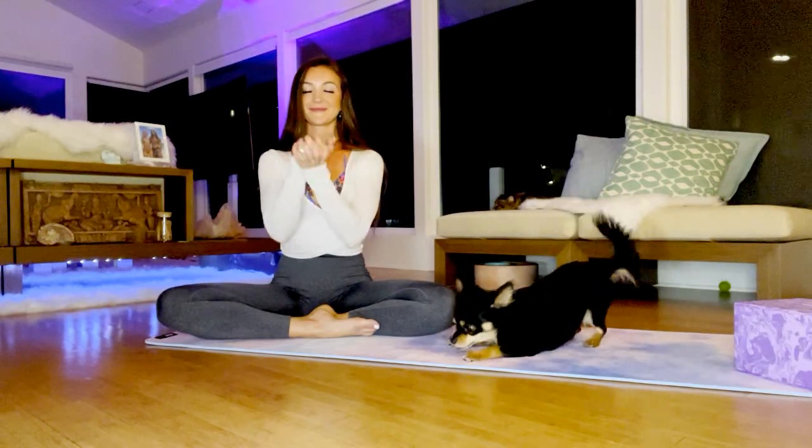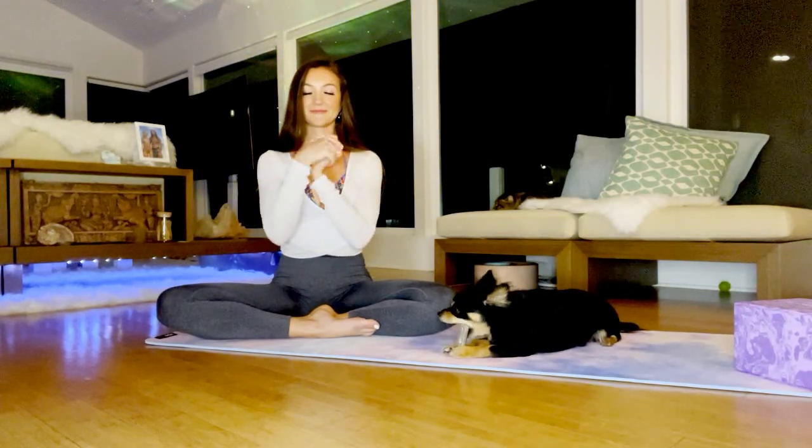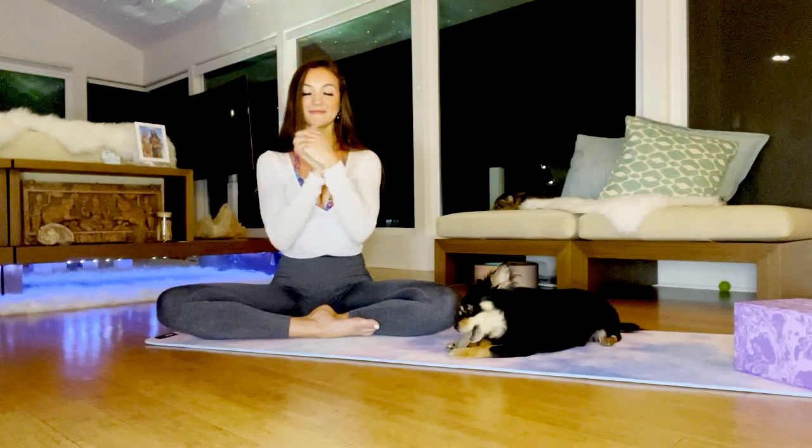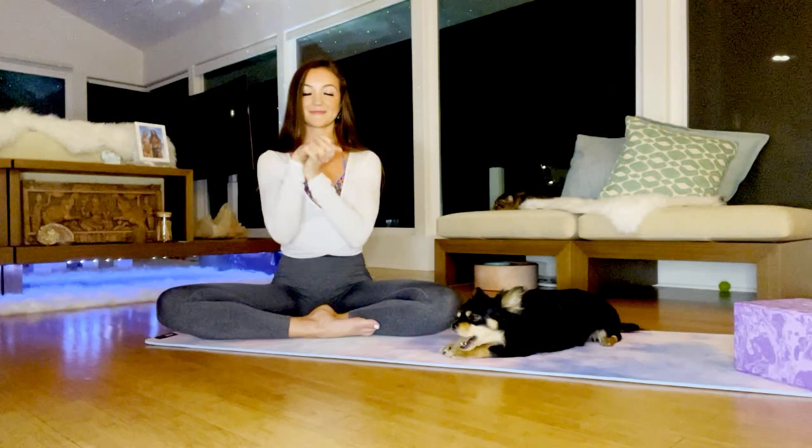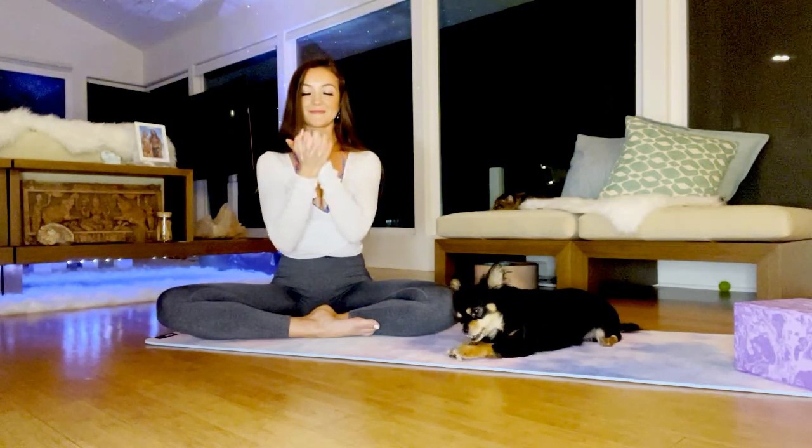Finding center and neutral, soften in, hands interlace, circle around the wrists. So good if you've been typing and texting all day long. This is going to help you release that. Change the interlace. See if you can change the direction of those circles or figure eights. Now that our wrists are primed, we'll go ahead and place the hands down to the ground and find our